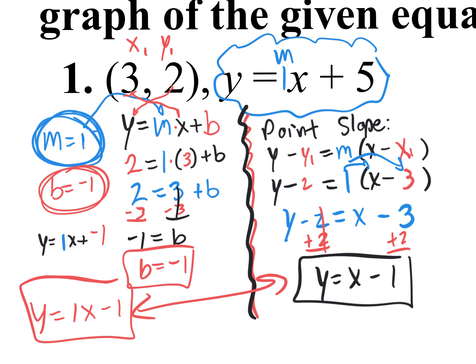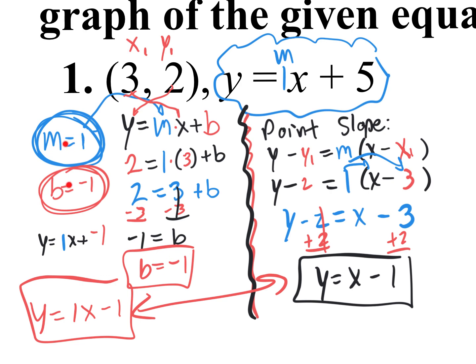So whenever you identify the slope and you know it's parallel to the one that we want to write, that's going to be your slope, and they give you a point, you could do what I like to do, go with point slope form, plug it in, do the math, change it to y by itself, then it's in slope intercept. Or if you don't like point slope form, you could just write down your y equals mx plus b, plug in your x, plug in your y, and then plug in your m, solve for b, and then